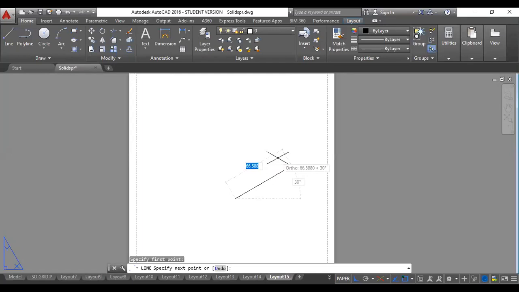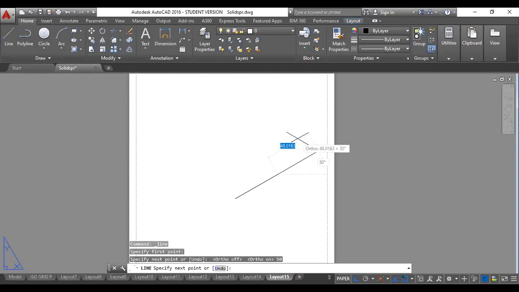If ortho is not on, then you can see the line will start rotating at any particular angle. Only if you switch on the ortho will it freeze the angle to the isometric grid sheet angle, that is 30 degrees. Okay, so now here I can directly give 50. Then I need to draw the next line in the left side direction, but the line is continuing here. So just press the F5 button. If you press F5, it will change its orientation.